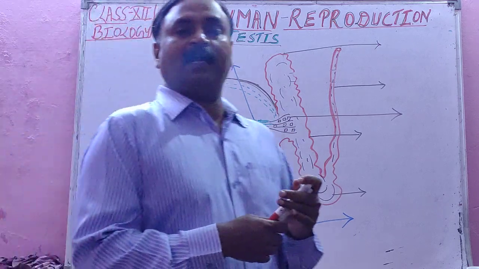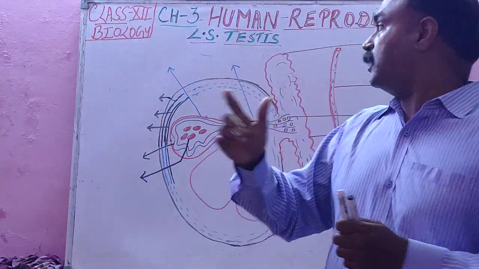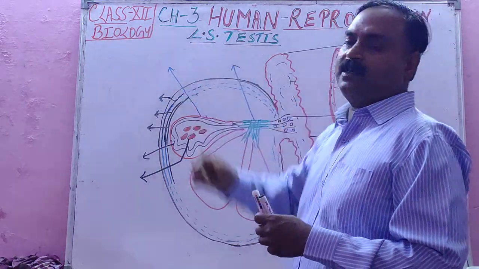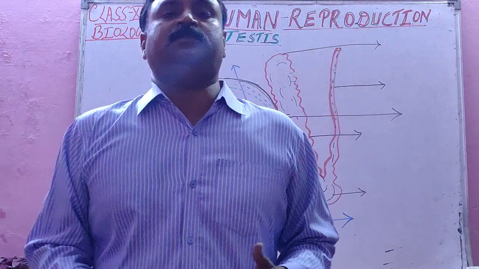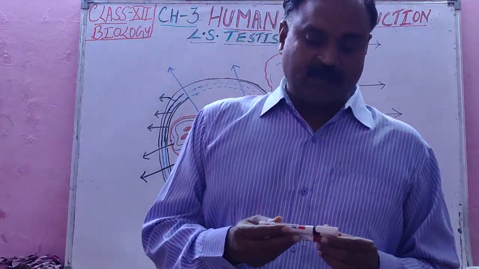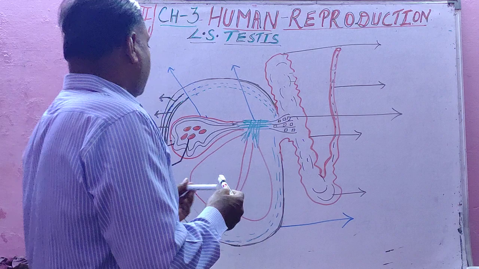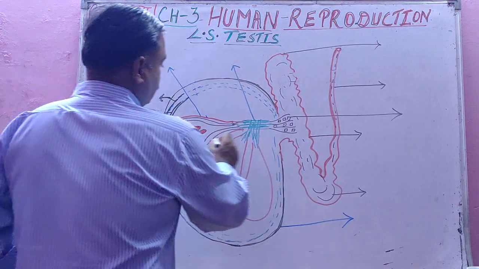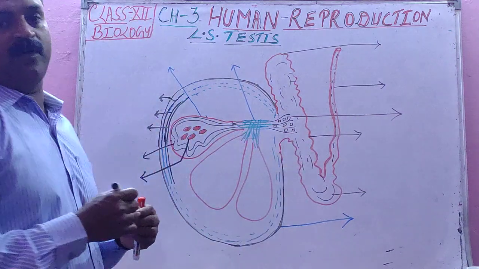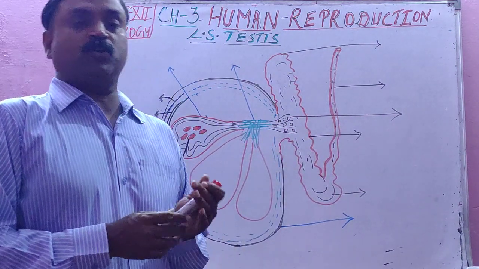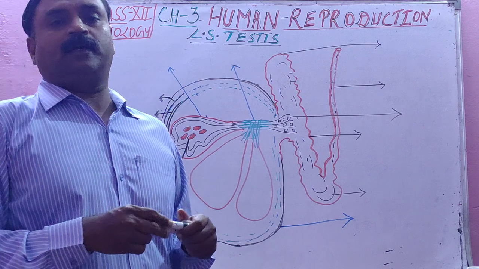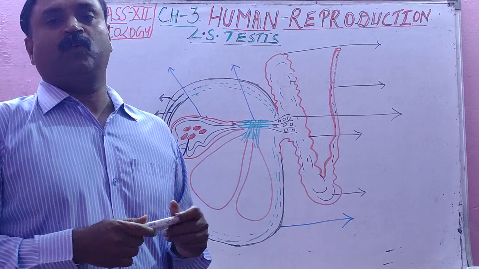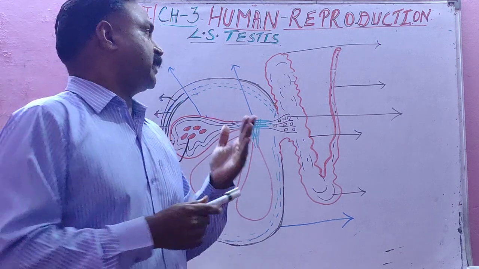So student, let us start with the first part of this chapter, that is in male reproductive system. The first part is longitudinal section of testes, LS of testes. It's very important. After LS, when we will study TS, transverse section, that is very important for your practical course also. That is in third part of practical, that is slide of TS of testes. So let us start.